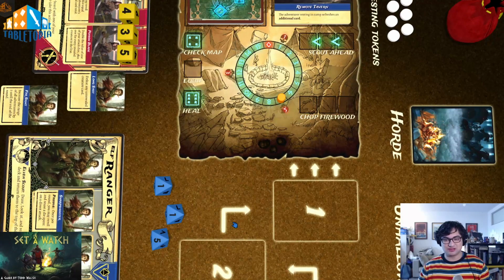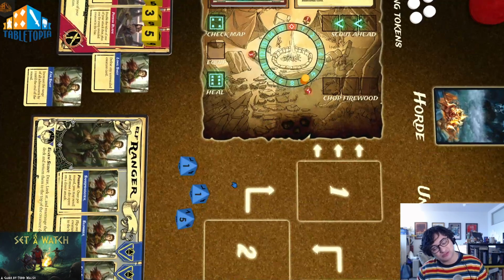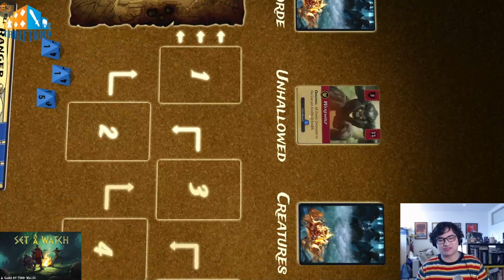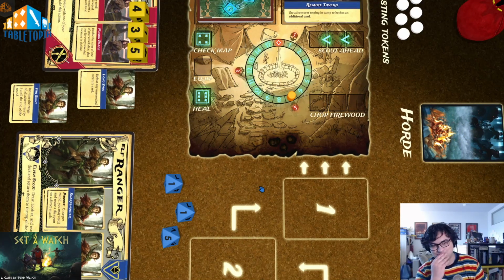I'm happy with you. So, firewood is beginning to get a bit low. We also have these runes on the back of the cards, which let me do things if I have doubles, which I do this round. So I could vanquish, bolster, or seal, which basically let me affect the creature decks and the unhallowed decks. I think I'm okay for now, despite the fact I have doubles. I don't think there's anything too bad that I need to alter. So, what I might do is definitely...